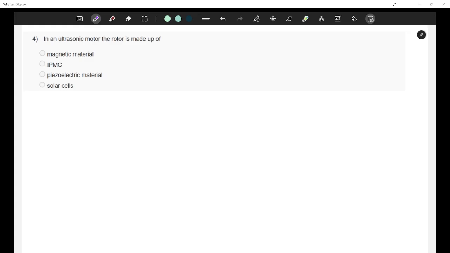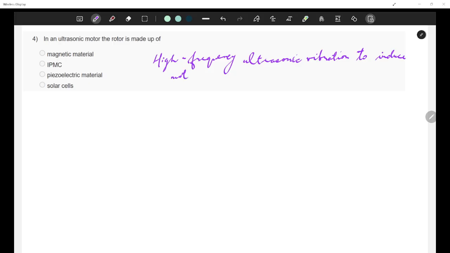An ultrasonic motor operates by using high frequency ultrasonic vibrations to induce motion. Okay. So the rotor in an ultrasonic motor is made up of piezoelectric materials.